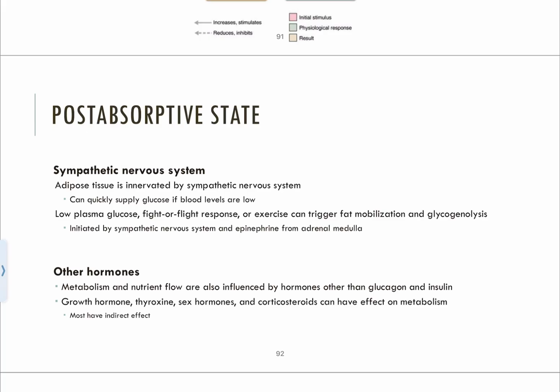Other hormones also play a role. Metabolism and nutrient flow are also influenced by hormones other than glucagon and insulin. We have growth hormone, thyroxine, sex hormones, and corticosteroids that can also have an effect on metabolism, but most of these are going to have